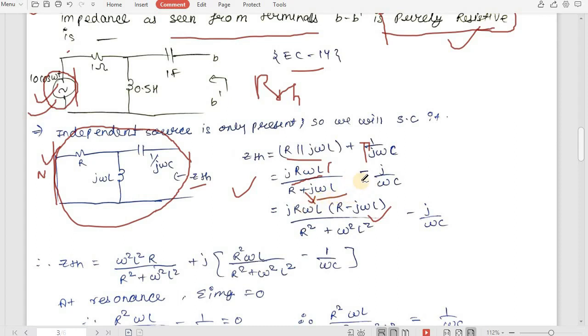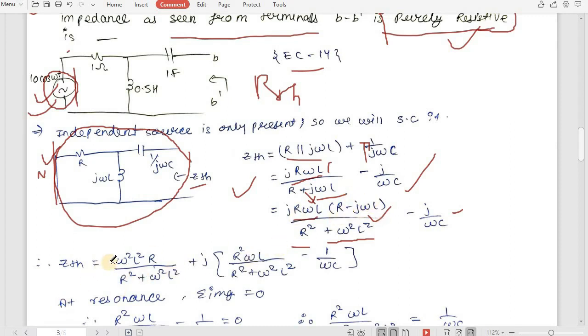So it will be A plus B multiplied by A minus B, so it will be A square minus B square. A square will be R square, minus B square, it will be j omega L the whole square. j square is minus, so minus minus will be plus, so we will get R square plus omega square L square. And this term will be same, which is minus j upon omega C. Now if you multiply this term inside this bracket, we will get j R square omega L, and here we will get j minus 1, and this minus minus will be plus, so it will be plus R omega square L square. So this is what I have written.